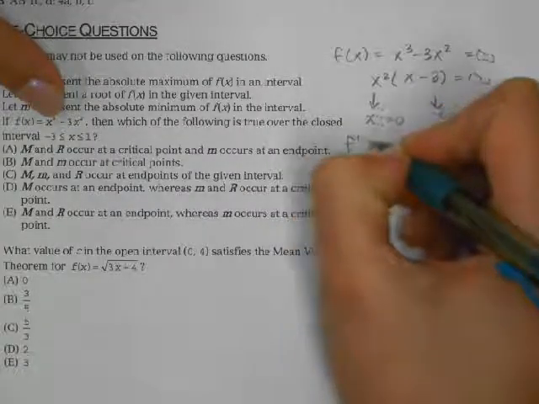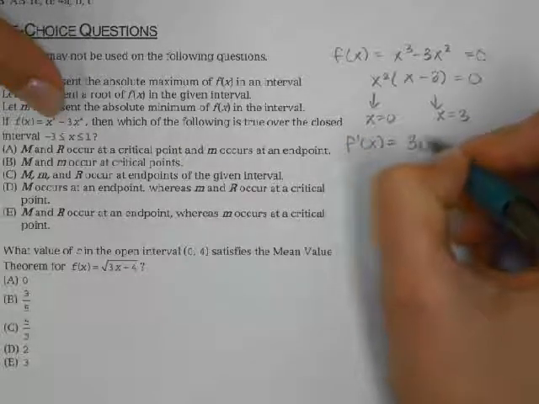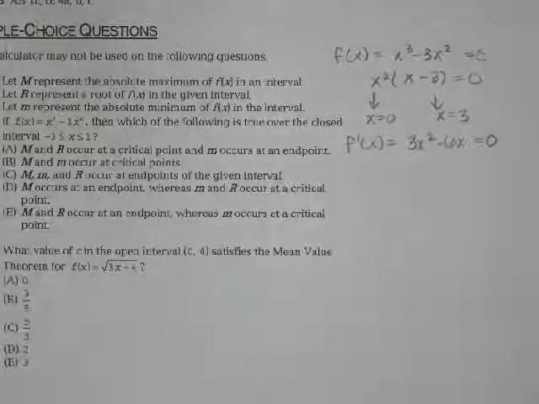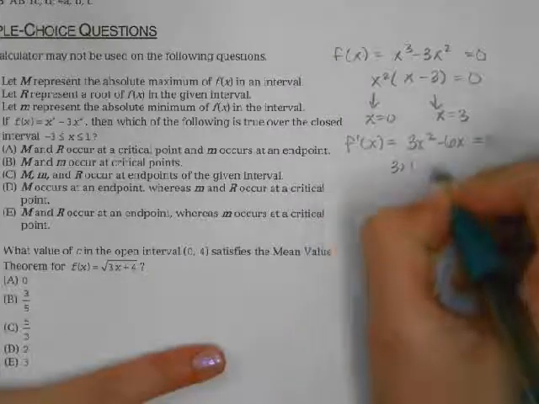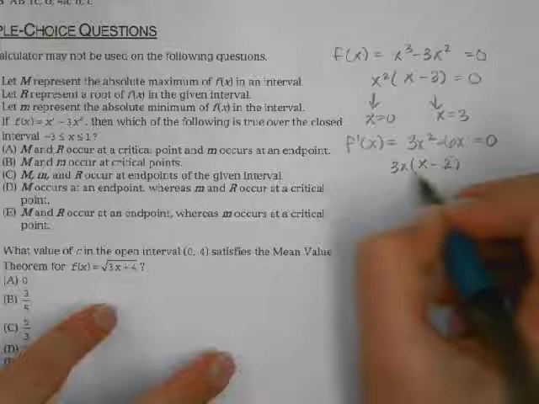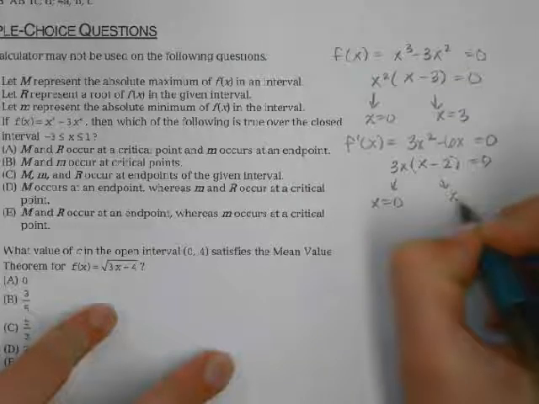And then I also need to find the derivative. So the derivative is 3x squared minus 6x. And I need to set that equal to 0. Technically, you should also see where it's undefined, because that's where your extrema could be. This quadratic is not going to be undefined. So we're just seeing where it equals 0. Factoring out a 3x, and that leaves me with x minus 2. So that gives me x equals 0, x equals 2,